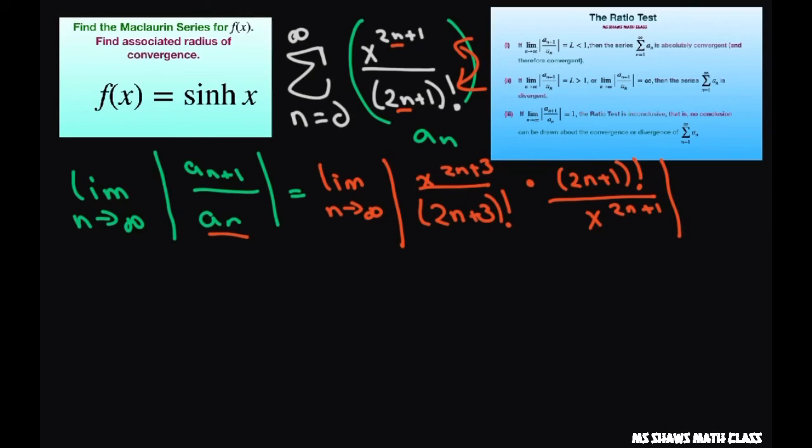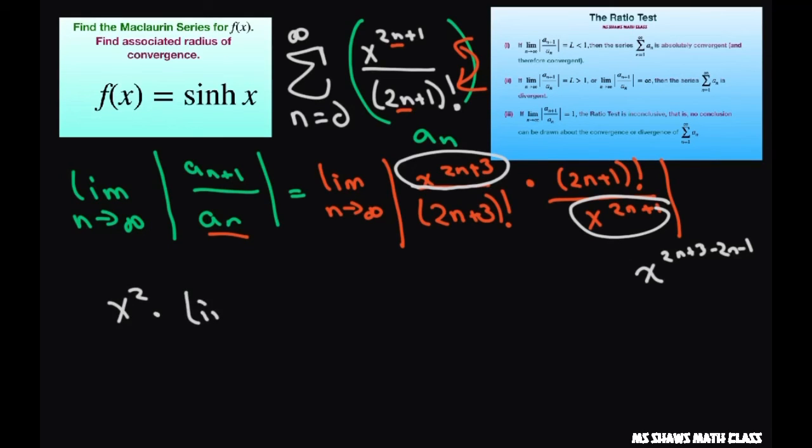Now let's see what this equals. For the x part, when you divide this out, this is x to the power of 2n plus 3 minus 2n minus 1. So that's just going to give me x squared. And it doesn't depend on n, so I'll just pull it out, times the limit as n approaches infinity. And now let's look at these two. This part right here,